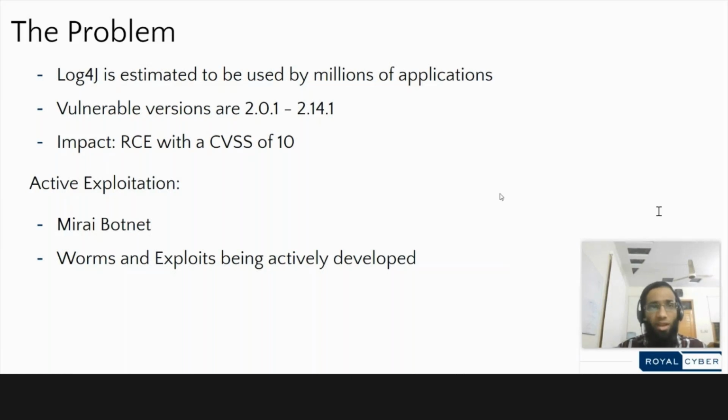Right now Log4j is being used by millions of applications across the globe, millions of applications across the web. And its vulnerable versions are from 2.0.1 to 2.14.1. Why these versions are vulnerable, we'll talk about that